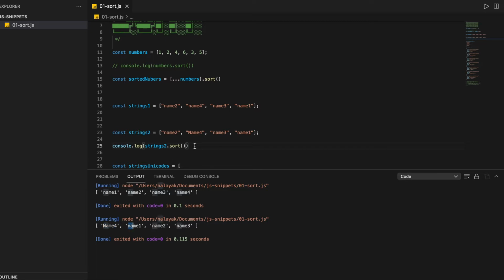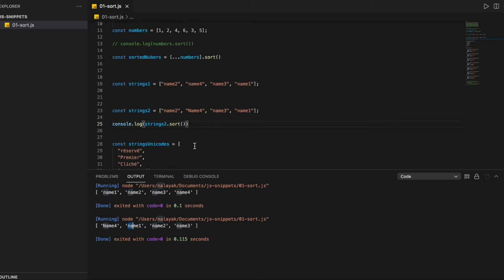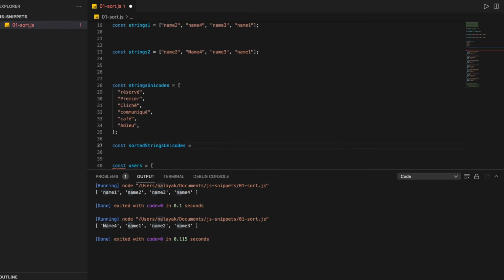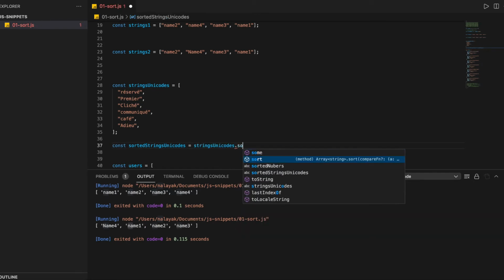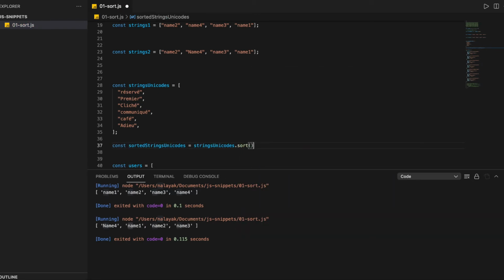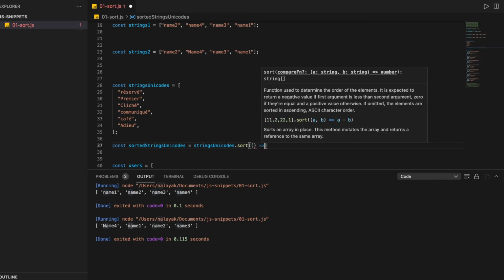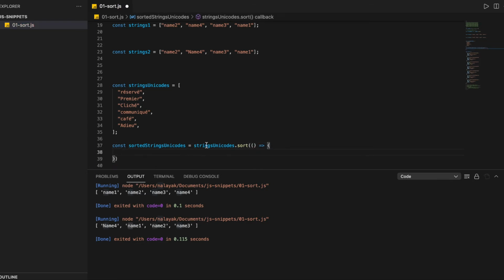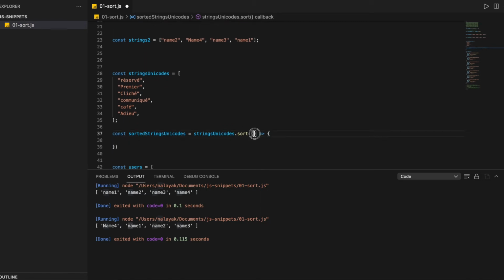To overcome this kind of issue, you can use localeCompare. Basically you can pass a custom function inside the sort method. This function is nothing but a callback function. Every time a comparison happens, this comparison function will be triggered, and based on your result it will sort your array.